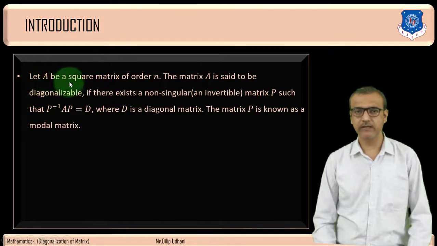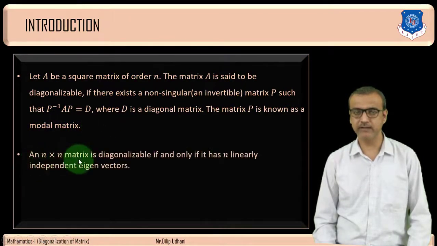Let A be a square matrix of order n. The matrix A is said to be diagonalizable if there exists a non-singular, means an invertible, matrix P such that P inverse AP equals D, where D is a diagonal matrix. The matrix P is known as a modal matrix,